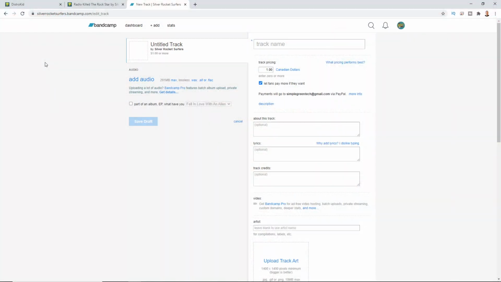Now let's look at that website that I said you should absolutely be on with your music. It's a free website. It works great as a homepage for your band or for your music if you don't have a homepage yet. And you can even sell your music on there or allow your fans to stream your music for free, and they can pay what they want. If you choose that option, you can allow the people to pay what they want on there. This is Bandcamp. It's absolutely free to use, and it gives you a lot of great tools to engage with all of your people, your fans, your audience, or whatever you want to call them.